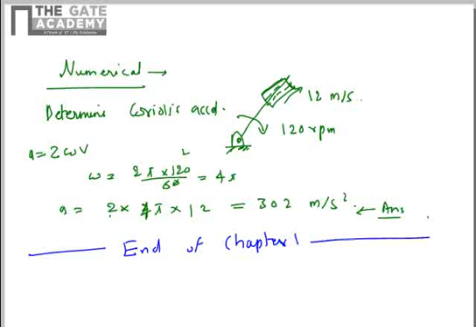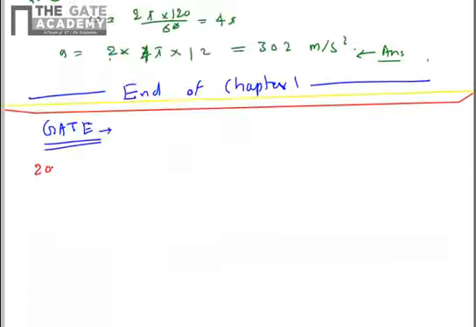Now I'll be taking some GATE question examples from all of the topics that we covered in this chapter, with the year number when the question was asked in the GATE examination. We'll go through a few examples just to get an idea of what kind of questions come in GATE. So the last question was asked in GATE 2008.